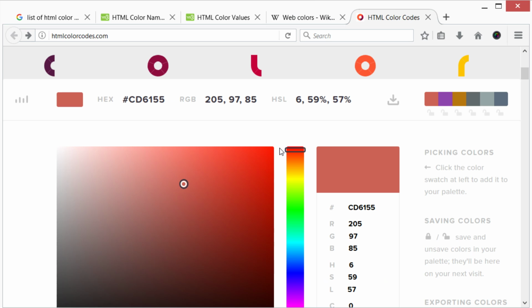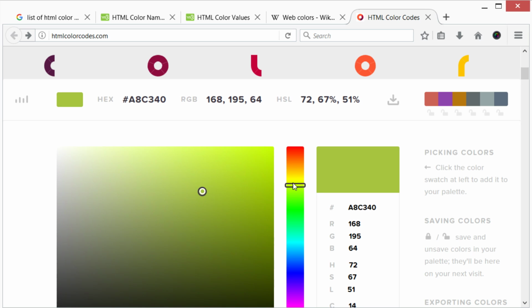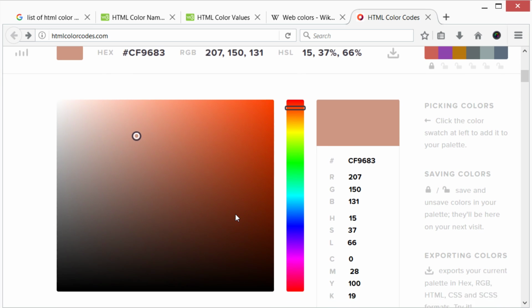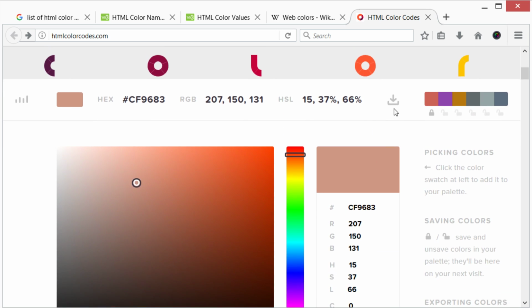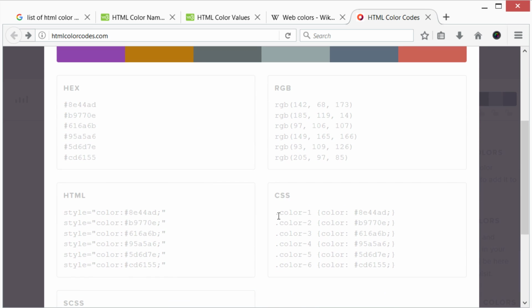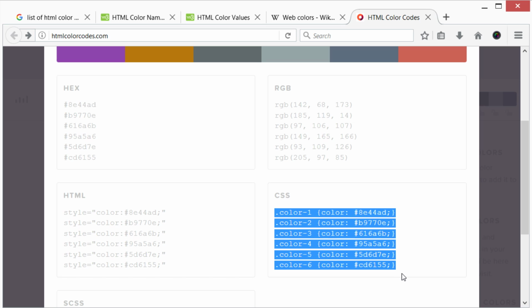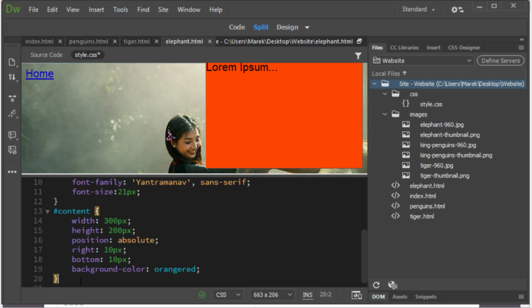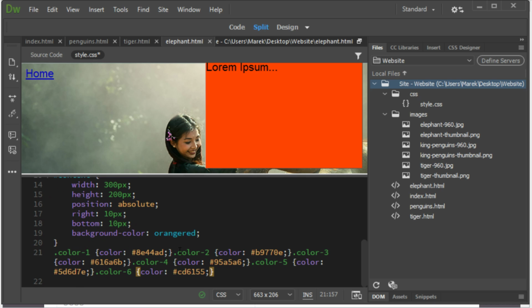So then there's this site, which is also great, the HTML color codes. On here, you could basically explore as if you were in Photoshop, but the cool thing about it is every single time you find a color that you like, you can just assign it to your little widgets here, and then when you save them all off, you can say, oh, these are the colors I've picked. I'm going to download them, and it gives you the hex values, or it sets up your CSS for you already, and you can just copy and paste that over to Dreamweaver, and then what you get is all of these different colors being available